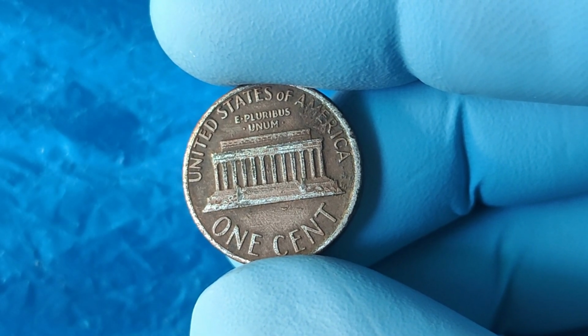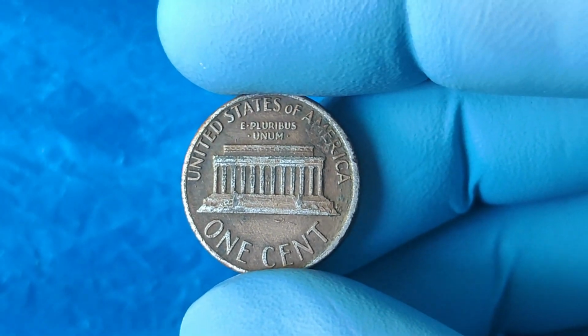your collection? Be sure to check your change closely, and if you find something special, don't hesitate to get it